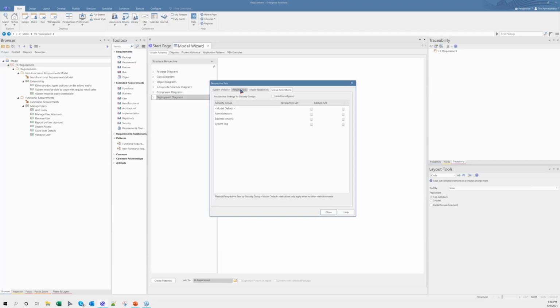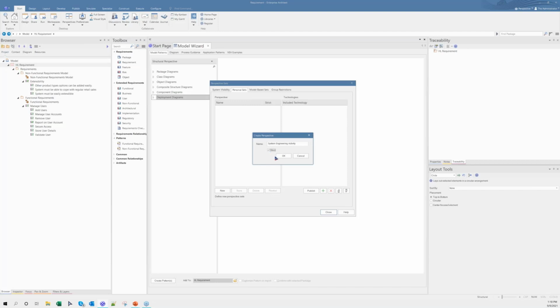So let's first create a personal set. My intention is to create a minimal framework for a system activity. I'm creating a system engineering activity perspective, and I'm applying a strict rule to it, so that we can drill it down in detail to have full control of elements and connectors and diagrams.